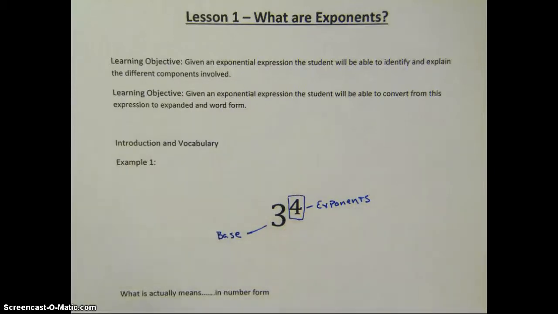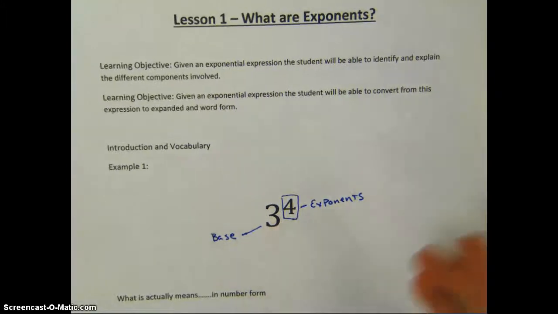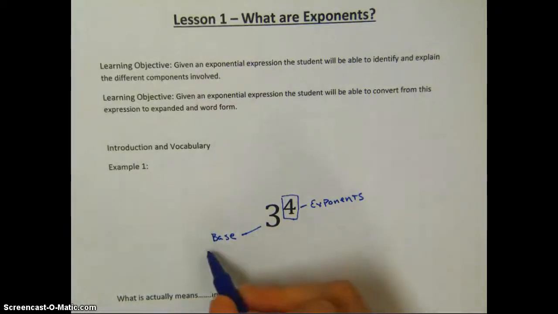If I asked you, before teaching you any of the stuff that you're going to learn today, what my answer would be for this exponential expression, a common mistake that a lot of students make is they'll just multiply these two numbers together. Or 3 times 4, which is 12. This couldn't be further from the truth. Okay? Basically what this means is our base is going to be